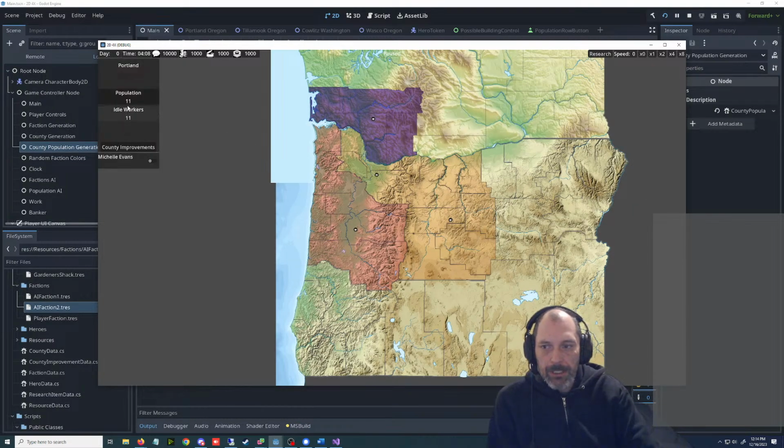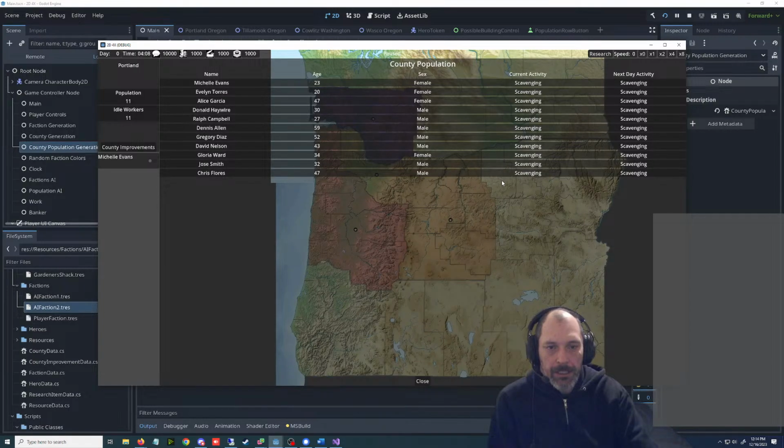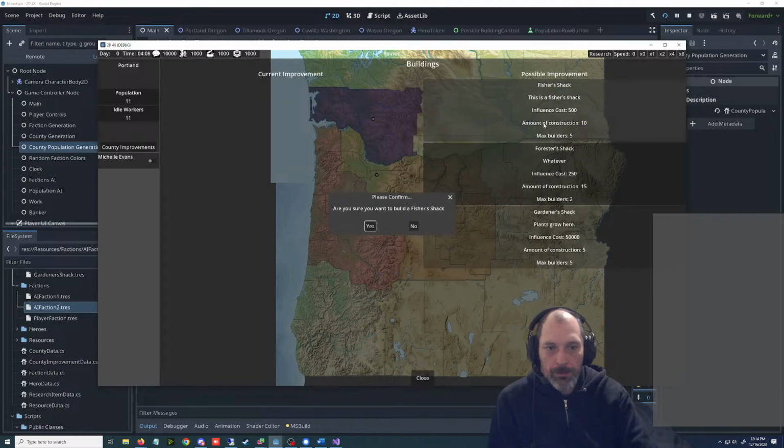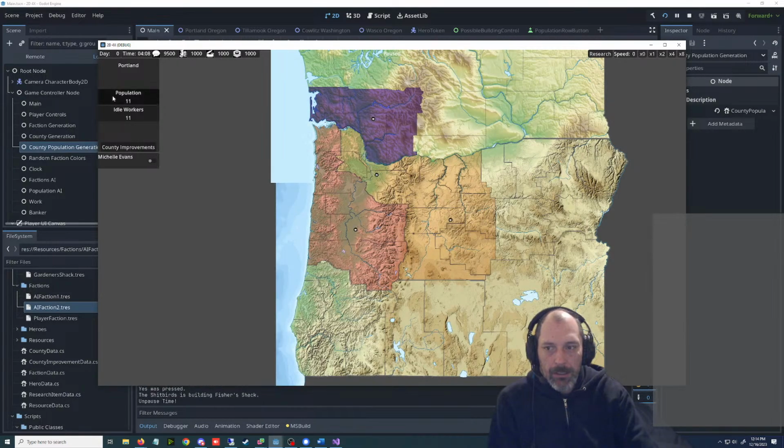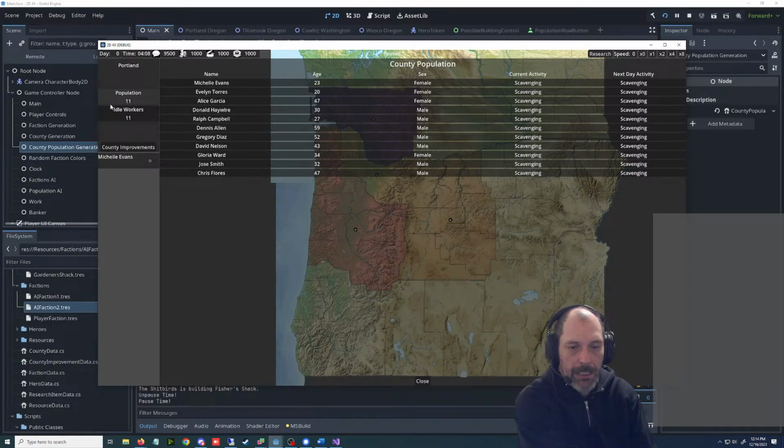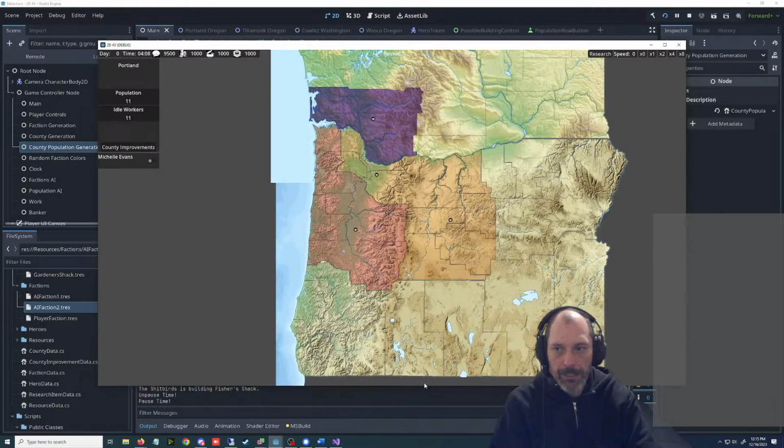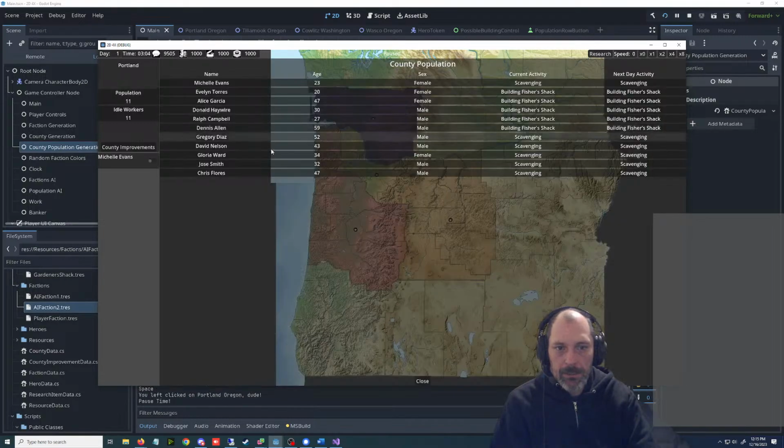All right. So if we look at this, it says scavenging is for today. We click county improvement and we build this. And we go to here. No one's decided what they're doing the next day. And they don't decide until the next morning. But maybe what we're currently setting, so let's let this go. Maybe I'm doing this in a way I don't want to do it. We have to wait until, okay, so then here.